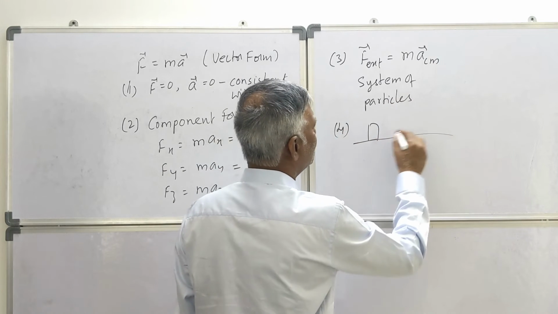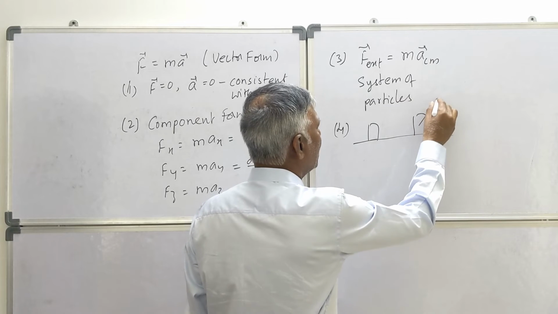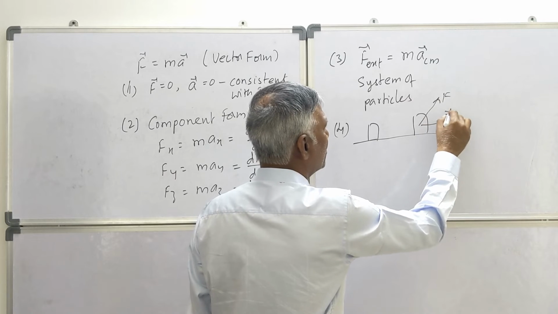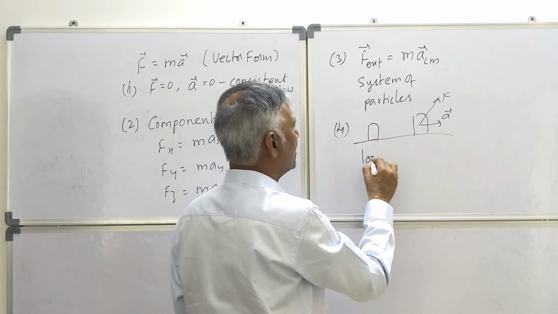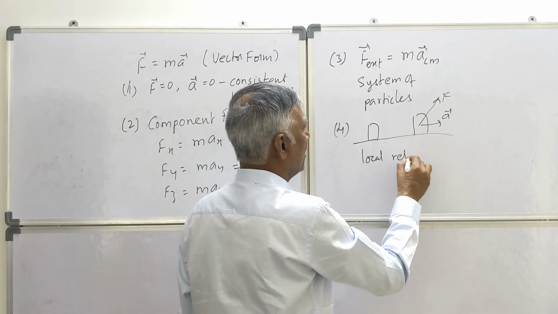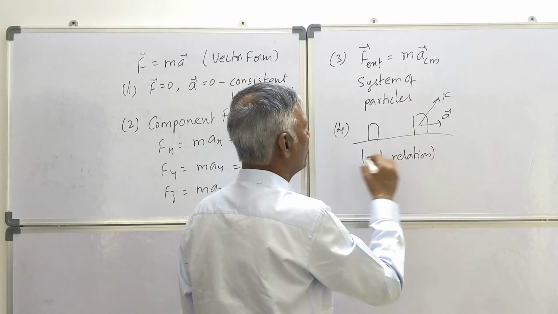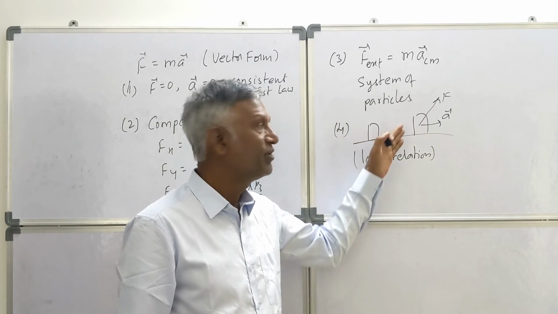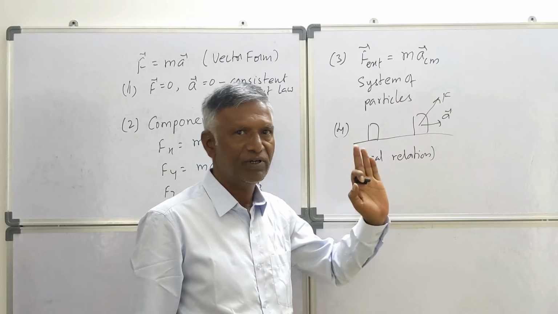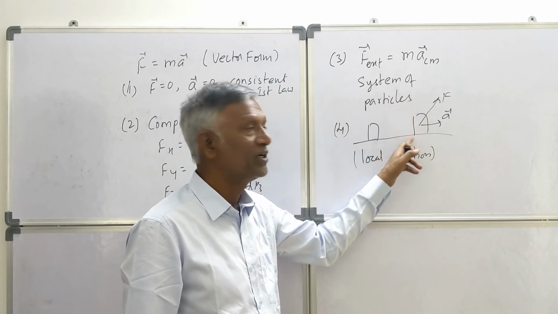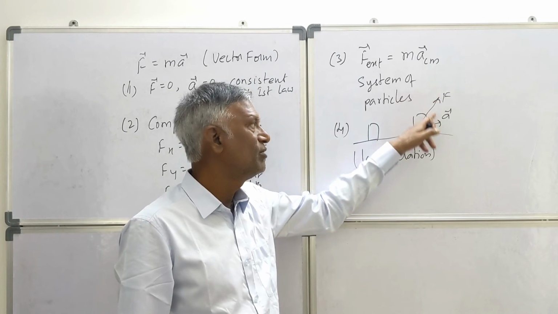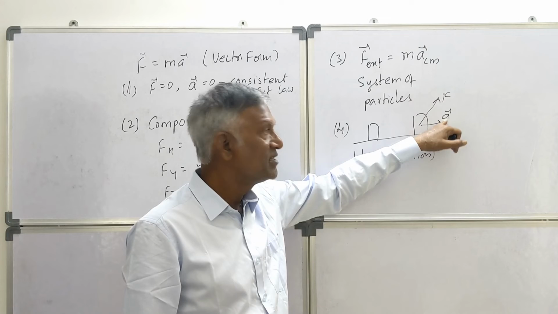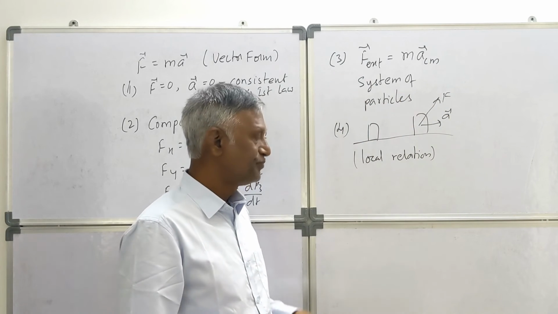ओके. फोर्थ पॉइंट क्या है, कहीं भी अगर बॉडी जा रही है तो एट ए पर्टिकुलर पॉइंट, एट दिस पर्टिकुलर लोकेशन, दिस इज ए लोकल रिलेशन, मीन्स इंस्टेंटेनियस ओनली, at that particular point only it is applicable, not everywhere. This doesn't depend on the history of this, previous का क्या है, आगे भी क्या होगा ये भी नहीं है, at this instant of time only you are interested and this relation is applicable at that particular instant of time. Force is at that particular instant, acceleration is at that particular instant of time, ठीक है।